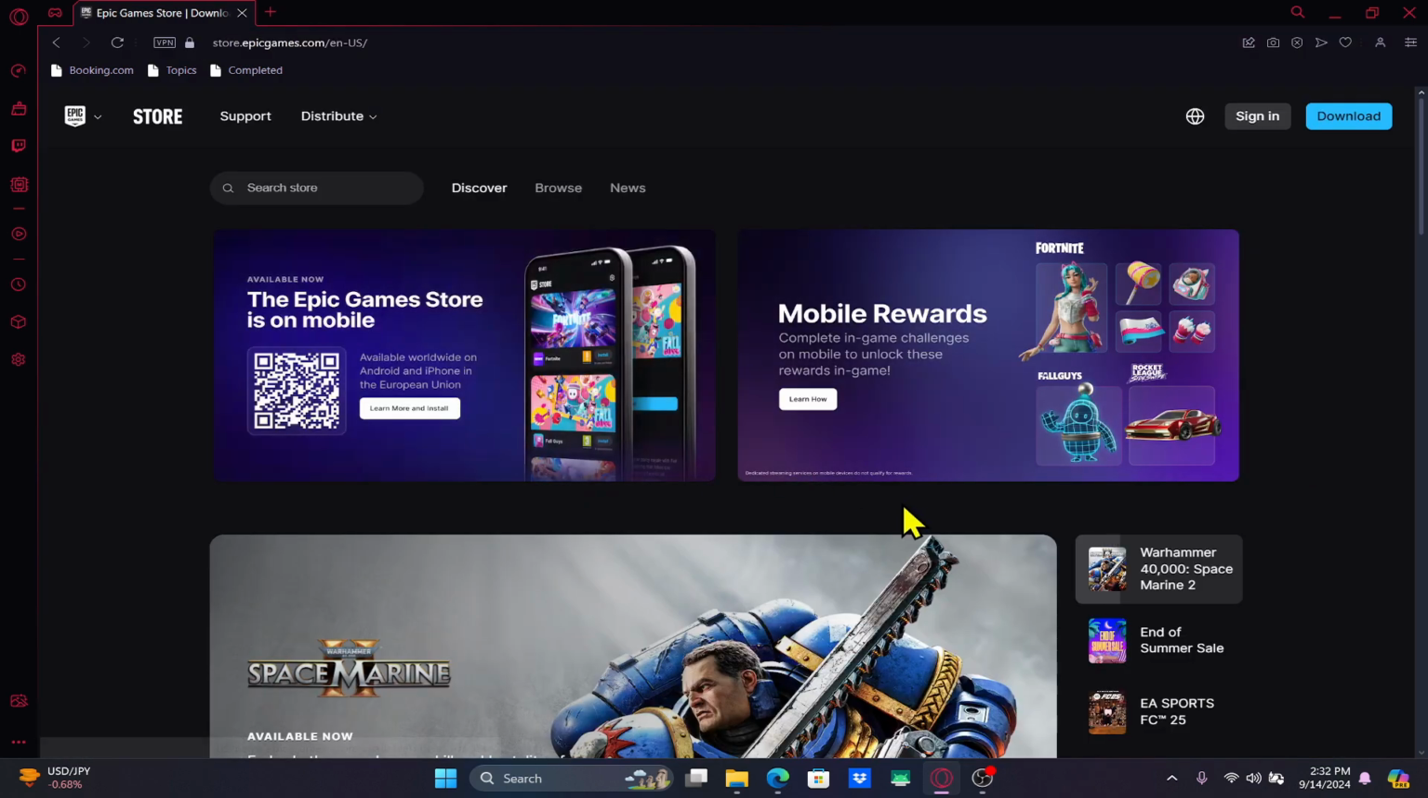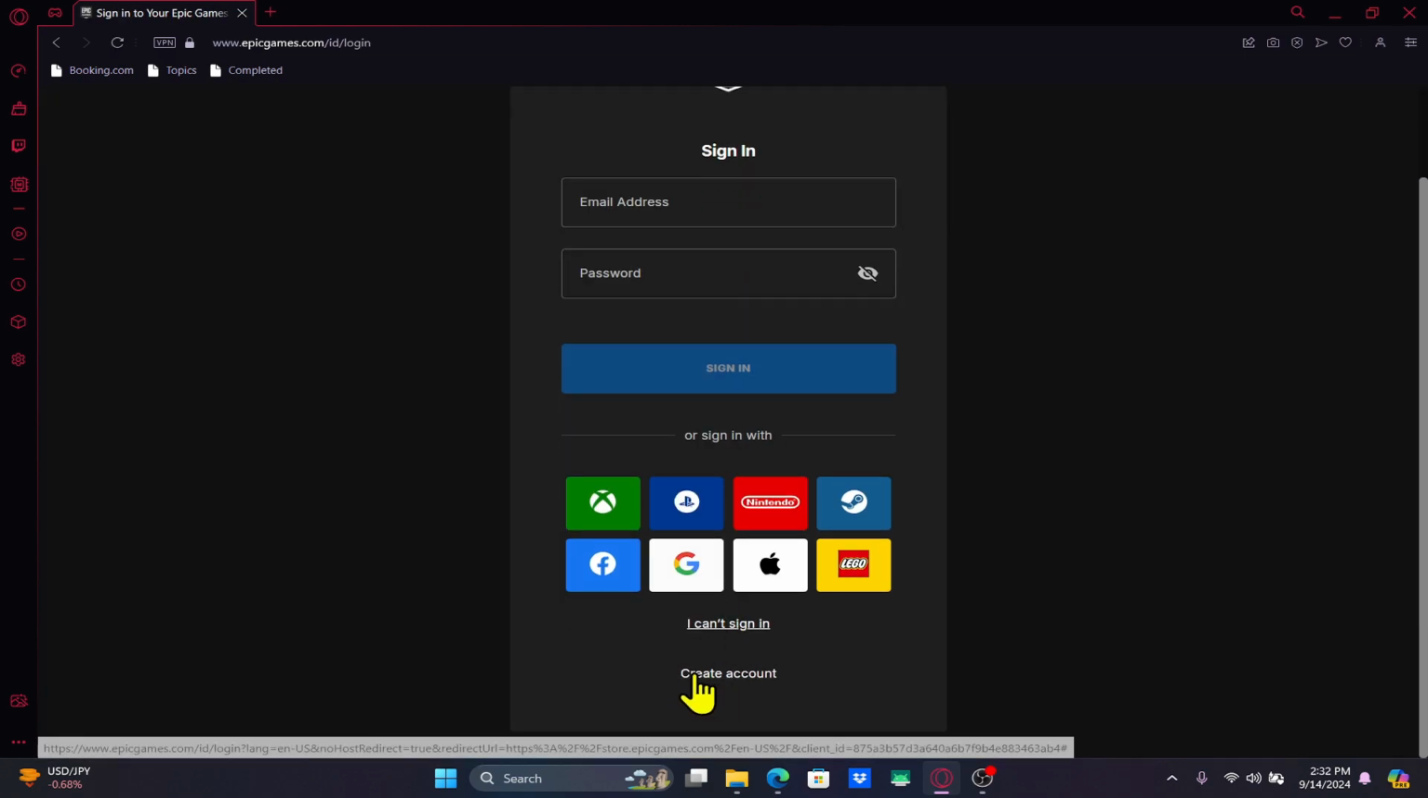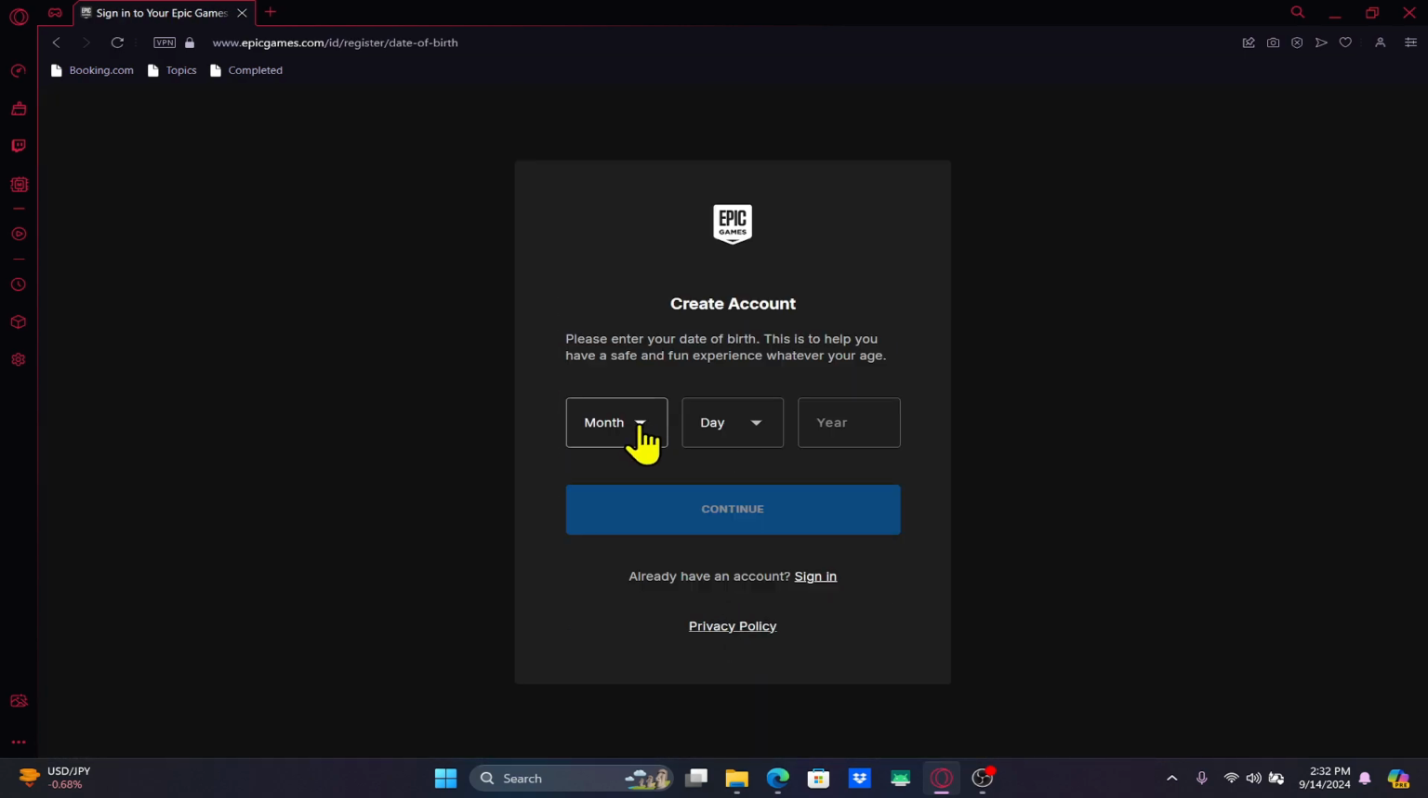Now once you are within the homepage, just click on the sign in button at the top right corner and you will be taken into the sign in page. Just scroll down and click on create account, and now you can enter your date of birth to proceed forward